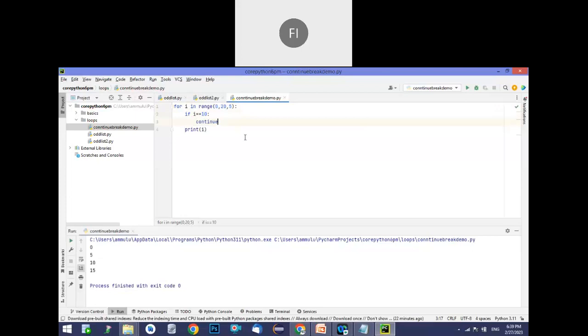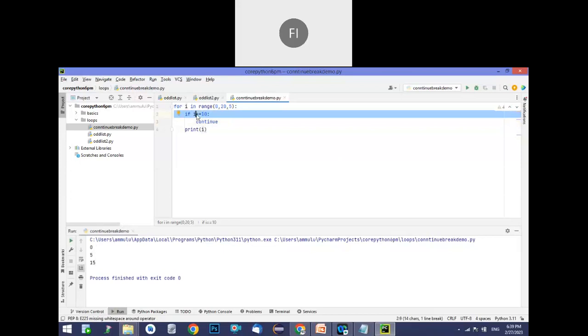Okay. So this means when the I value reaches 10, it does not allow to print, it will skip it. And again it will print the 15. So now you see the output, you will easily understand the logic. See that 0, 5, 15. 15 is printed, but 10 is not printed because when the I value is 10, we written the condition. So that's why it won't print.